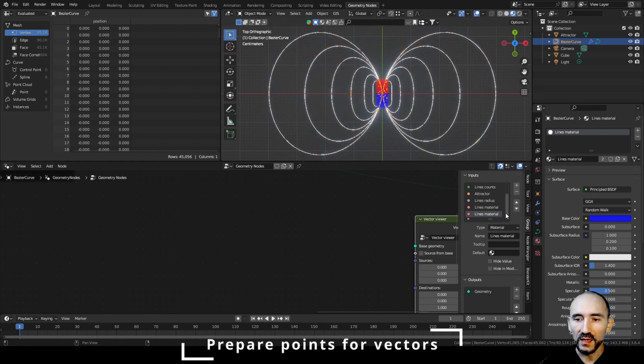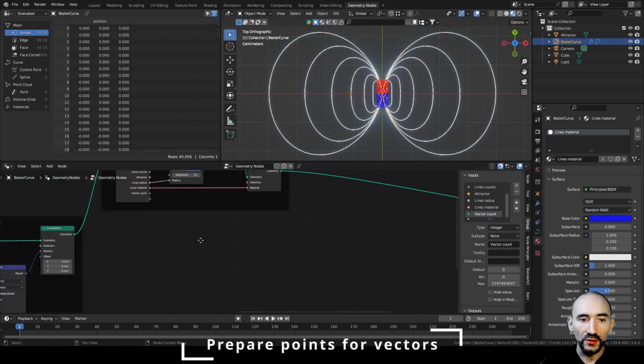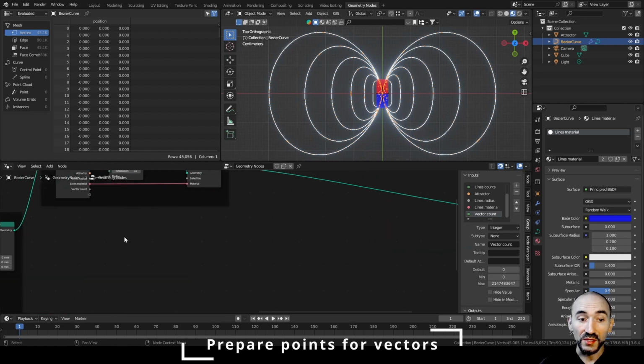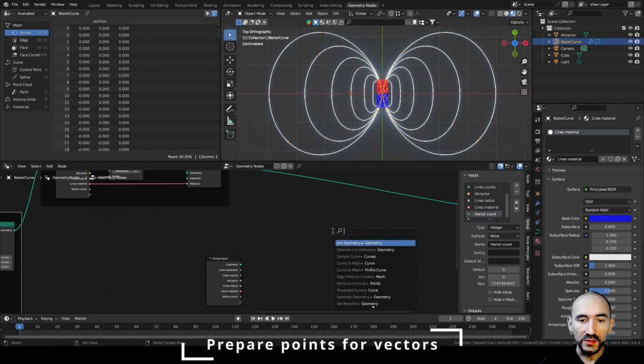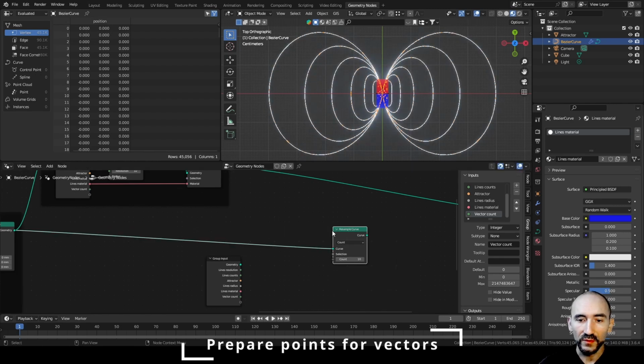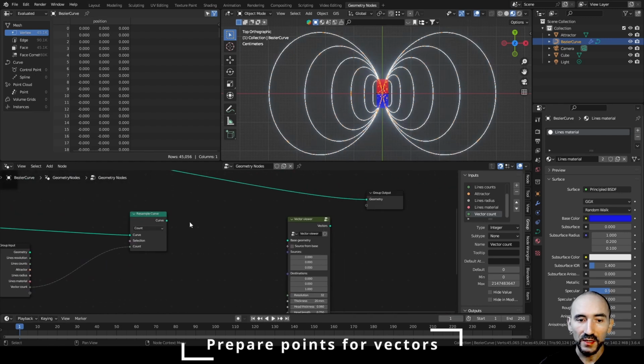And to do this we can add a new integer in this attribute, setting the vector count from 0. Now we need to resample the original curves here with this new value, so we can use a new group input and link these to a resample curve, linking the vector count inside these, and use these as the base geometry to create the correct number of arrows, or vectors, that we need to have